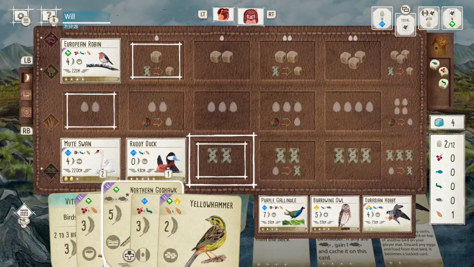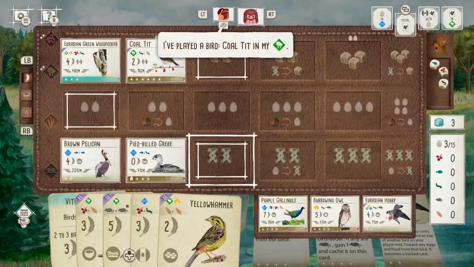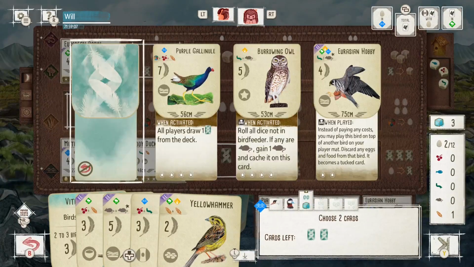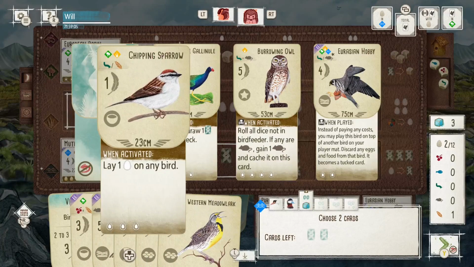It's going to work well with this wetland setup. I'm already getting some tucks with the mute swan, so that's just going to add to that, and it helps with the bonus card as well. So certainly one I can look to play. Really, I was kind of hoping to get some slightly weaker birds. One of those odd situations where I wanted to play the goshawk, but I didn't want to waste these good birds on that. So you see I go for cards here again, and a really good pickup here in the